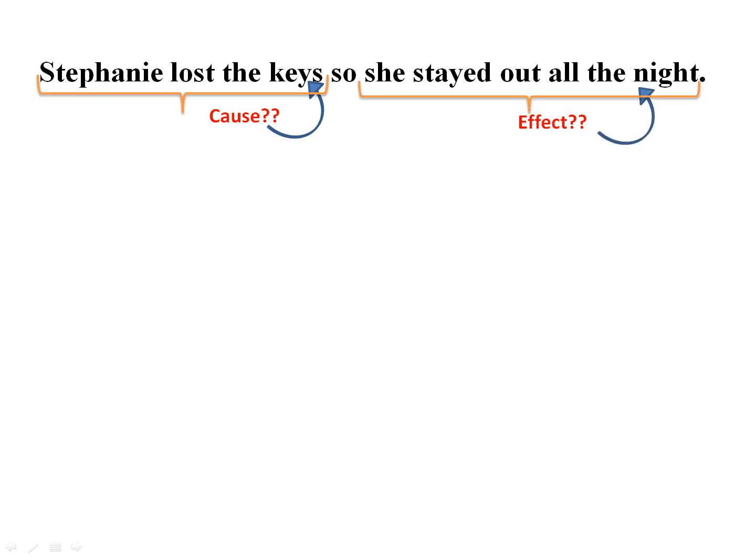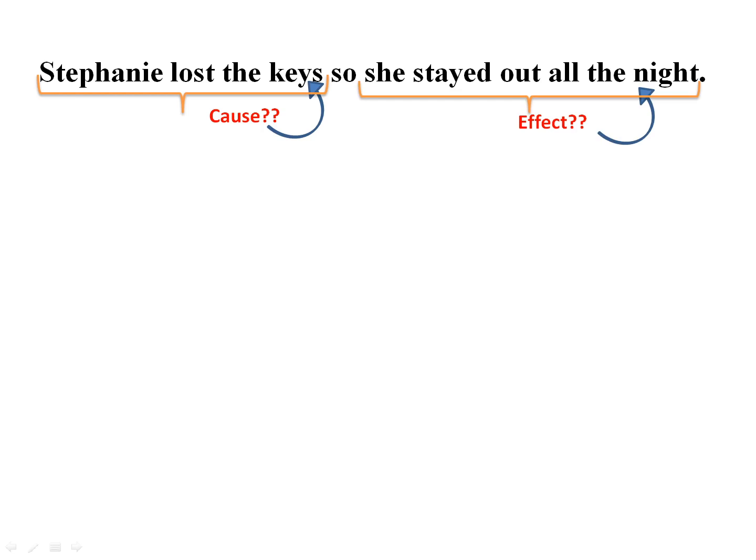So for the bac students, if this sentence is given to you, and if they ask you to rewrite the sentence as suggested, and if they give you, for example, if. Now the first question you are going to ask yourself: where is the cause and where is the effect? Again here, where is the cause? The cause is Stephanie lost the keys. Very good. So this is the cause. The effect, where is the effect? The effect is that she stayed out all night.